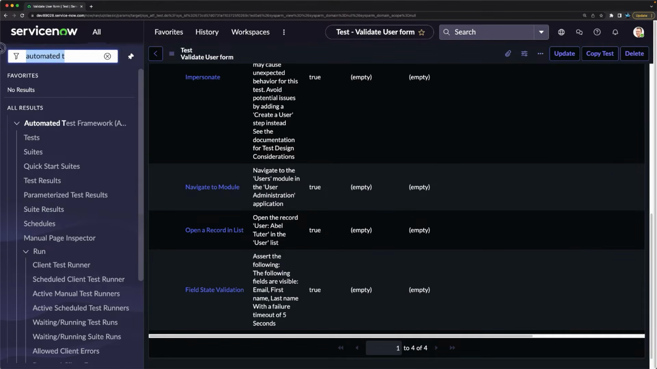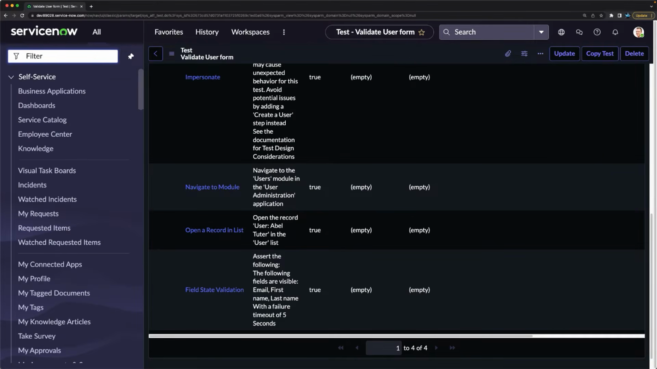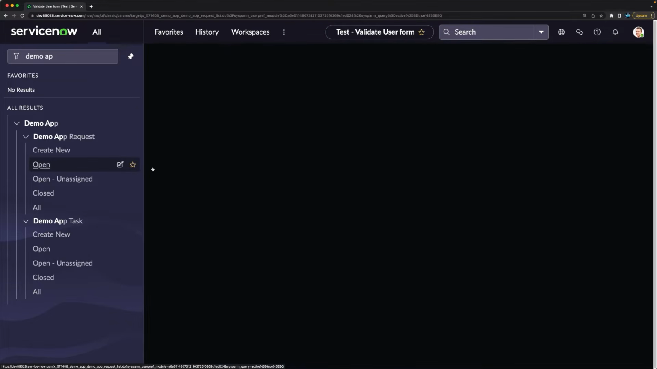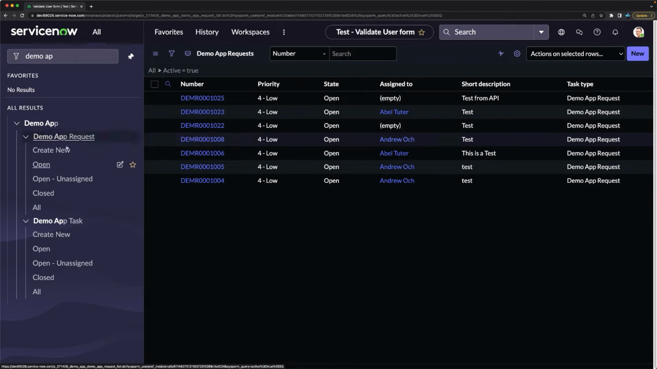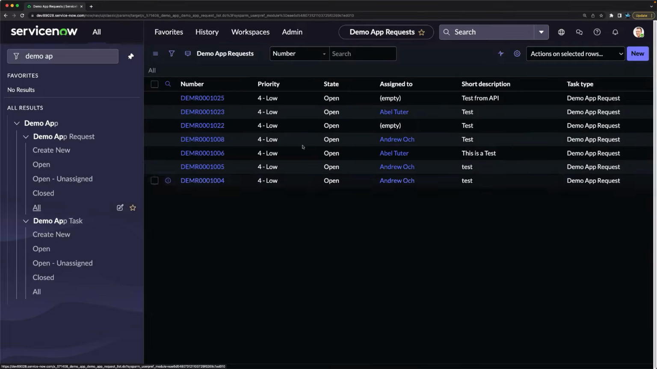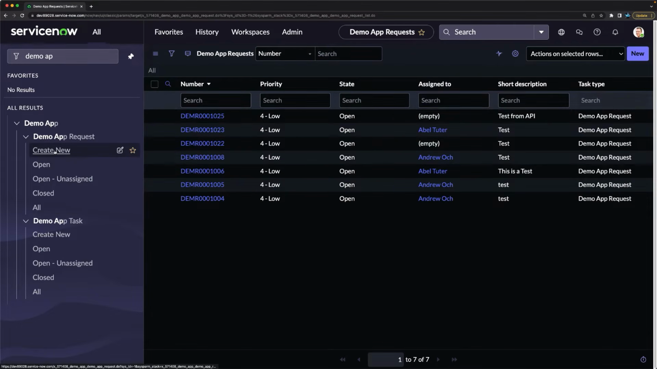So if I go to Application Navigator and I type Demo app, see, we have this Demo app. For this, I just created 2 tables. One is Demo app request, and then we have made a child for this, which is Demo app task. So if I show you, I can just open some records. So if I click, you see these are all open records, existing records which we created. And if I click on create new,